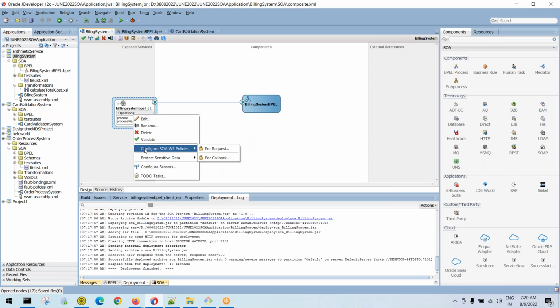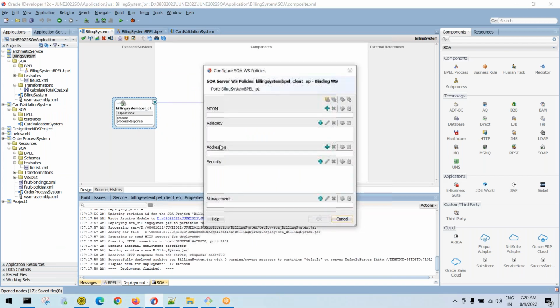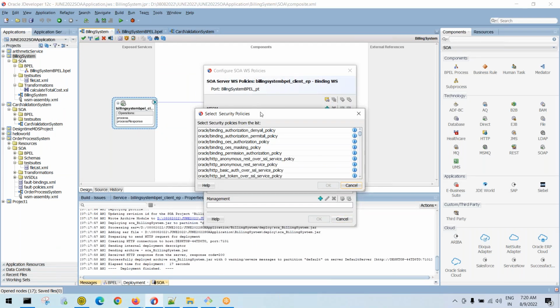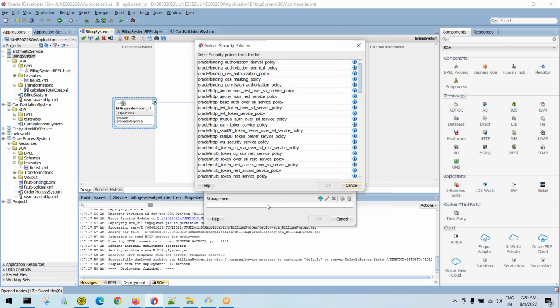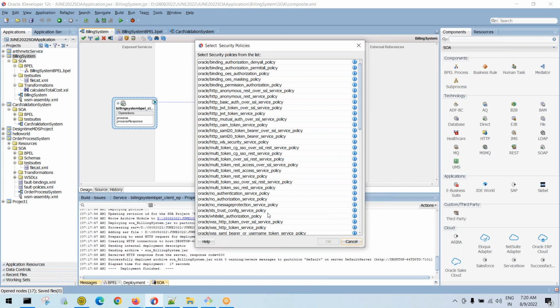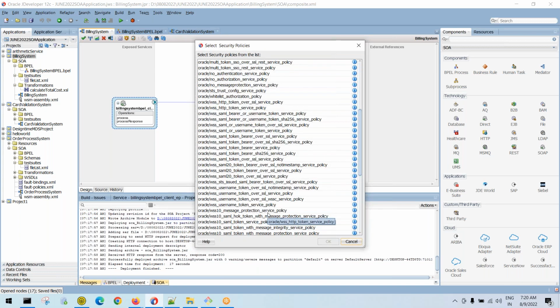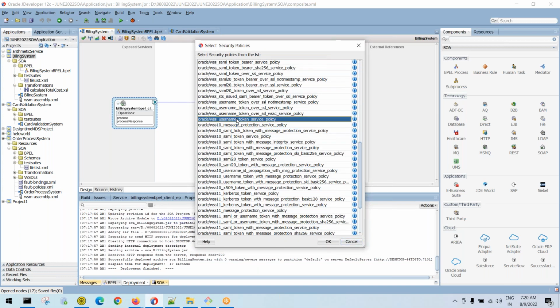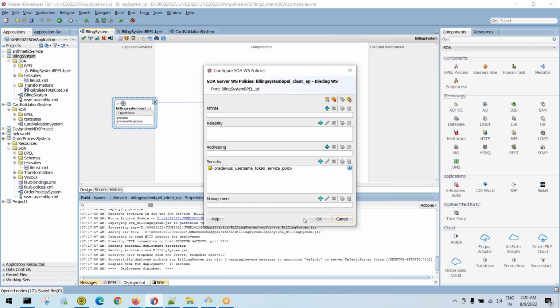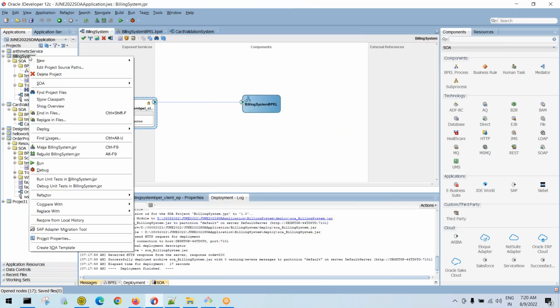Let me enable the policy. There is no problem in the policy configuration. The problem is in my SOAP UI, the request payload itself corrupted. The namespace is corrupted, so it is causing the issue. Let me choose the same old policy, username token service policy. Let's see how it behaves. If I deploy this program,